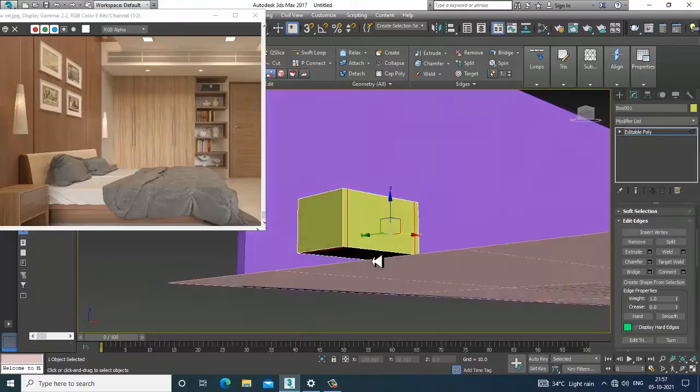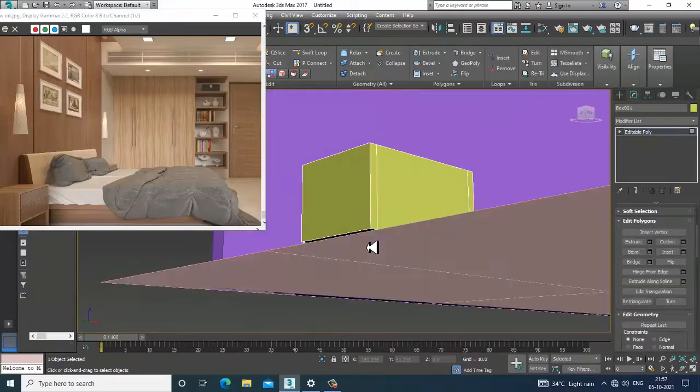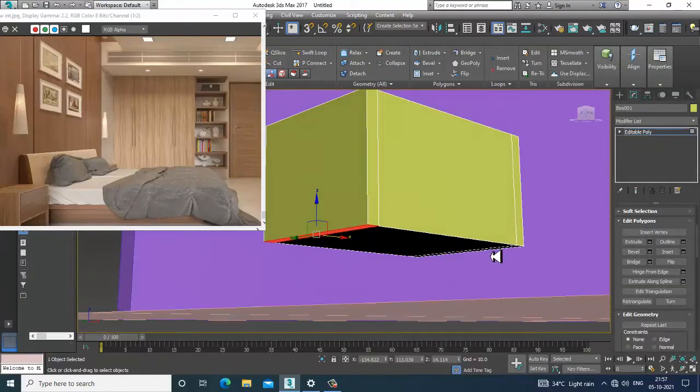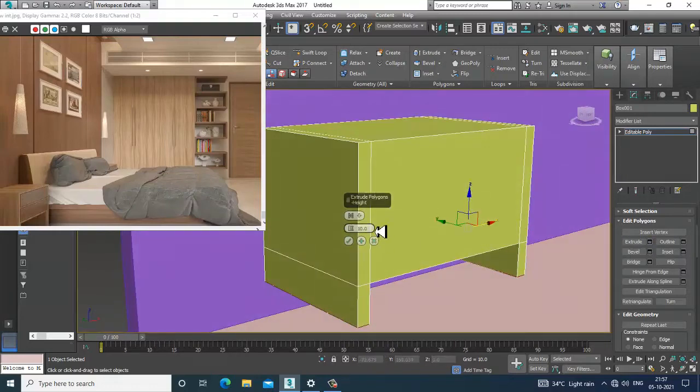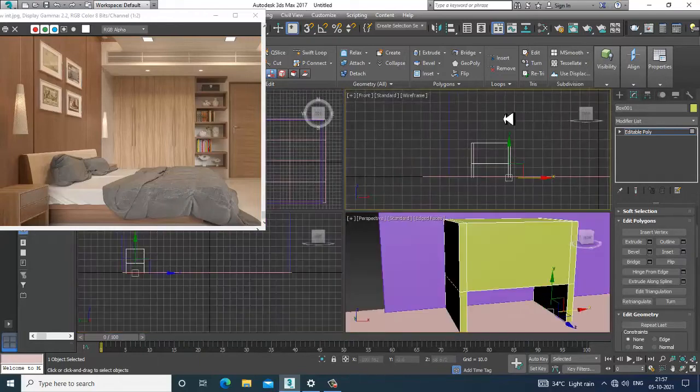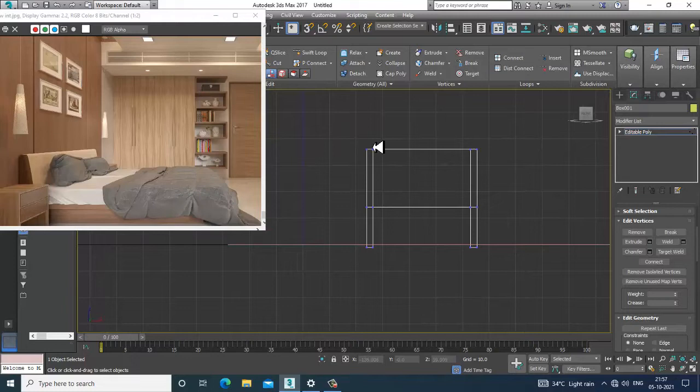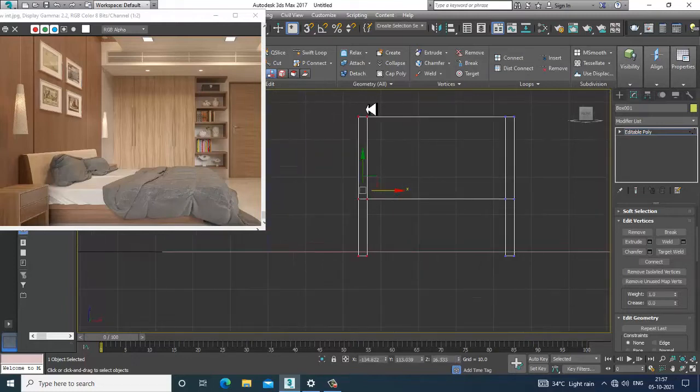Go into the polygons, select these polygons over here and let's extrude this down and click OK. Go into the vertices and slightly push it inside. Select these vertices.